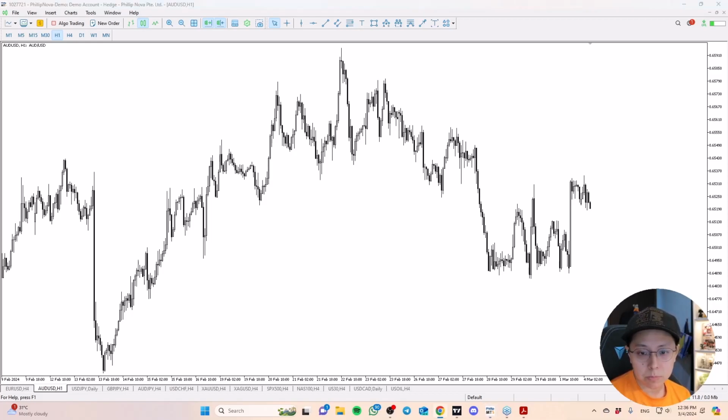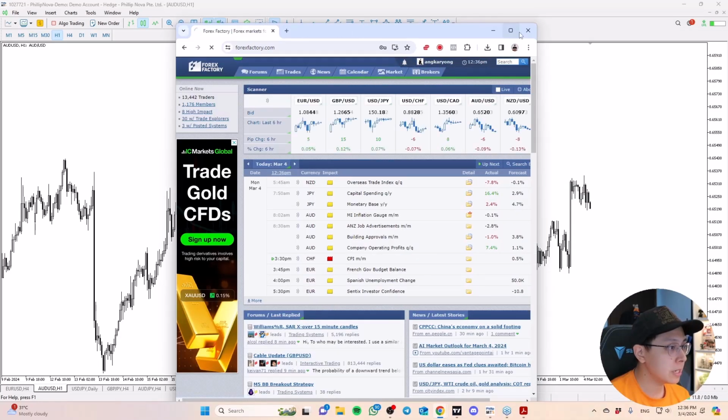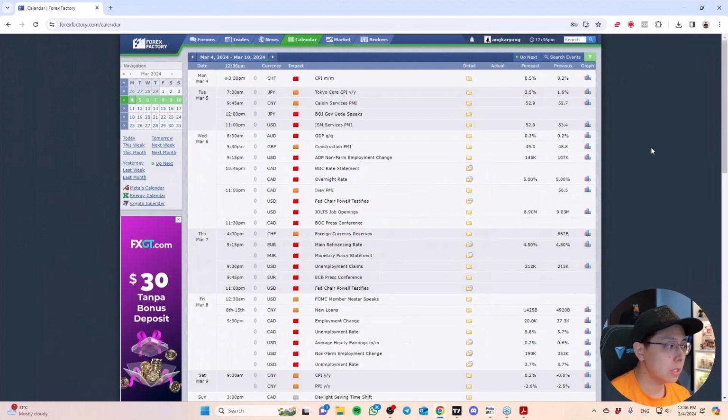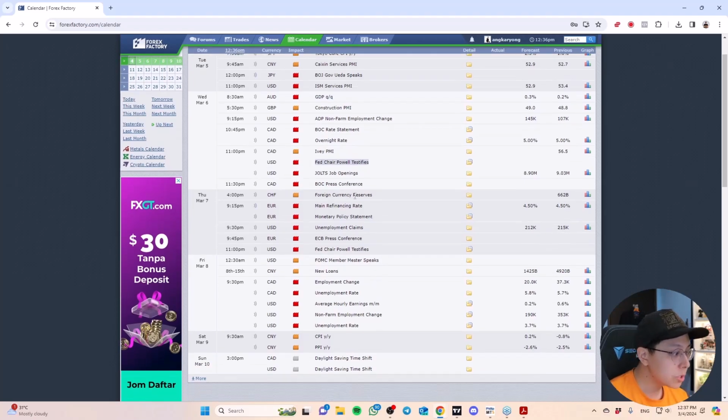Before I even dive into this, one of the elements of context I look into is the events for the week. This is important because before you take a trade, you want to understand whether there is any significant economic data that may move price. If you're interested in Aussie dollar, then of course we'll be looking out for economic data that relates to Aussie or the dollar. So this week, if you scan through very quickly, we have the quarterly GDP. I don't think that's going to be super significant. We have the Fed chairman testifying. I don't think that's going to be huge as well.